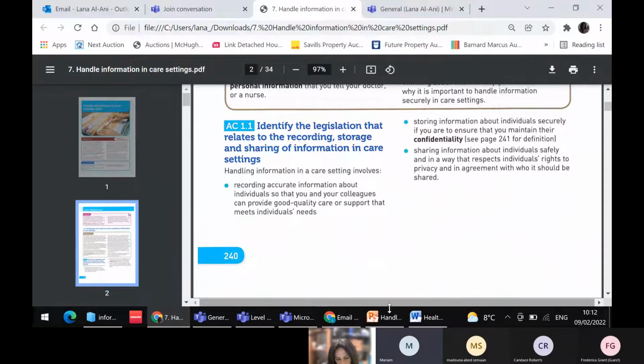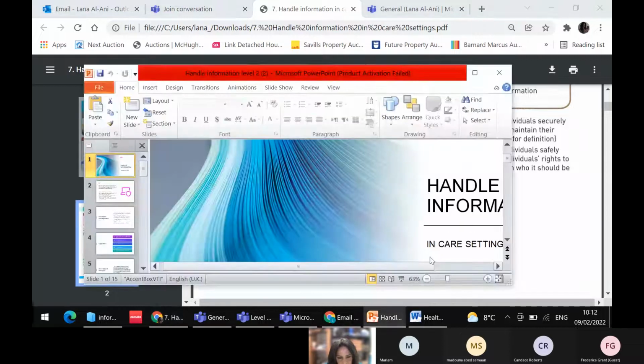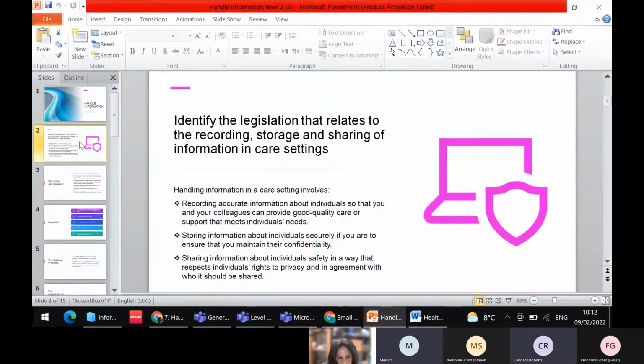Keep it in a safe place. Yes, excellent. Any information that you record, if it's not paper based, you can make sure that it's got a safe, secure password or a PIN or something like that. That's an excellent point. Yes. So to handle that information, we need